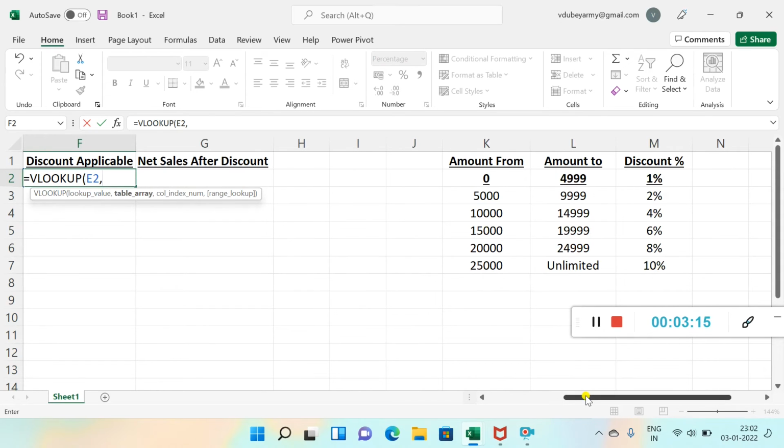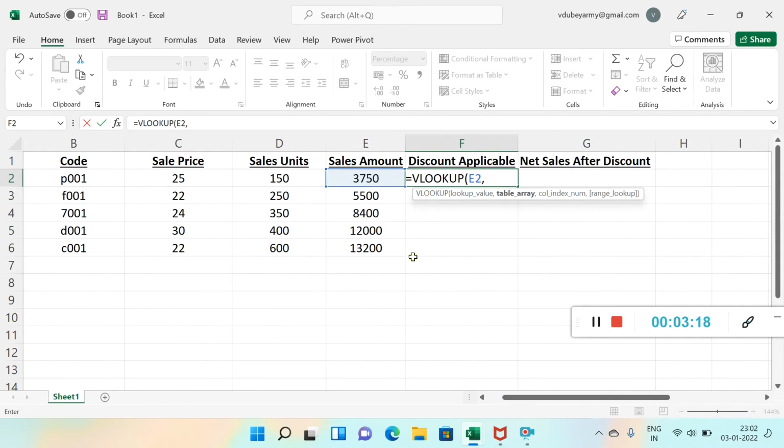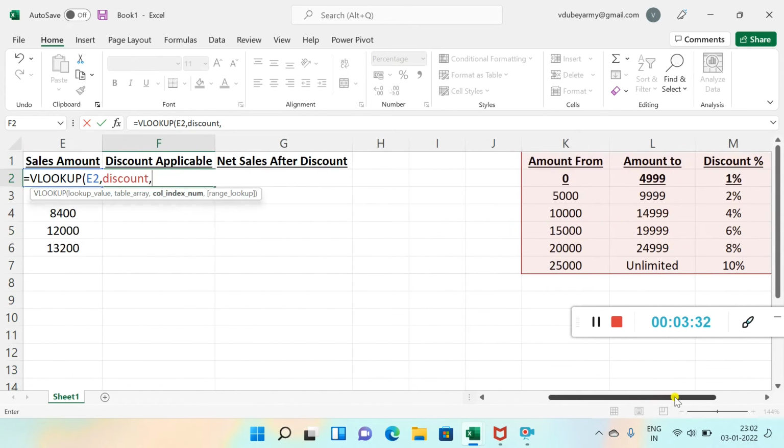But here I have already selected the table and the name is given as discount table. I will write the discount table, then column index number. The discount percentage is given in the third column of the table, so I will write 3.